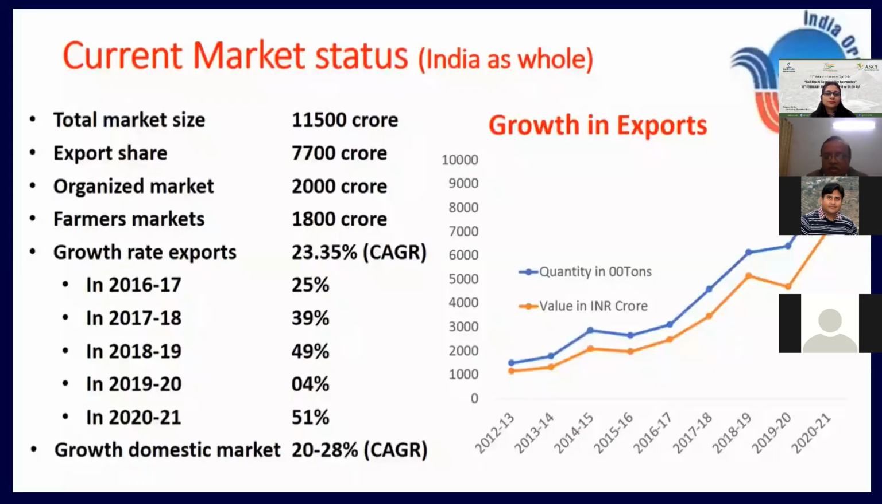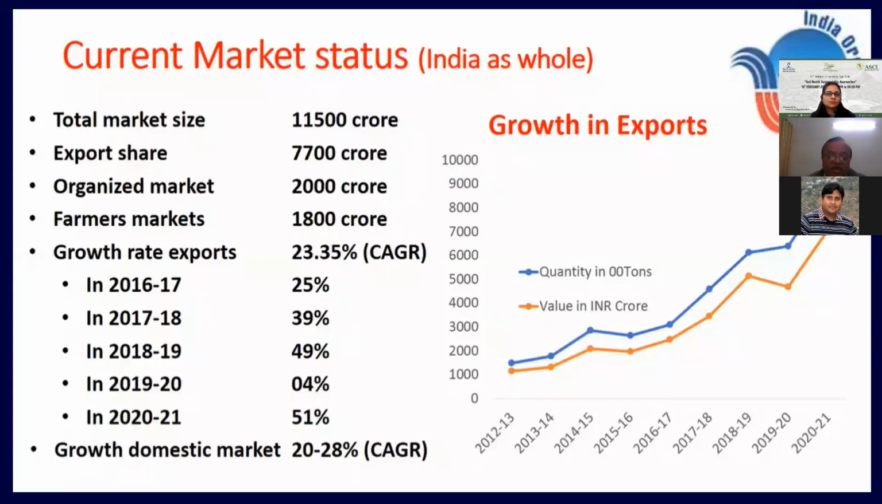If you see the current market status, organic farming is growing very rapidly. If we see the compound annual growth, it is somewhere between 24 to 25%. It is increasing, and after the Corona episode, this growth has further multiplied, because